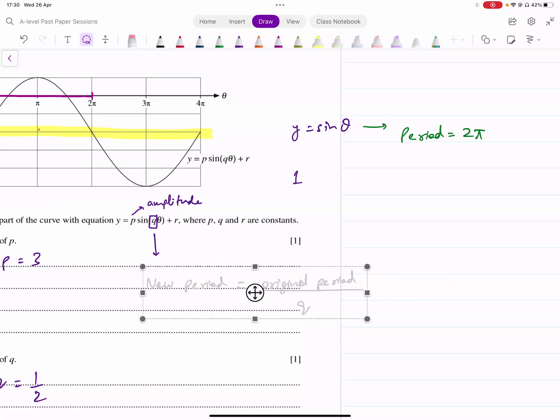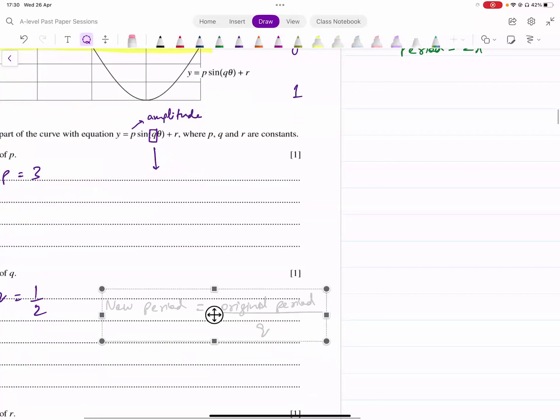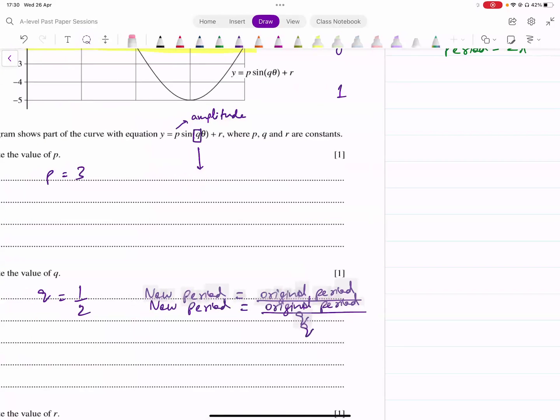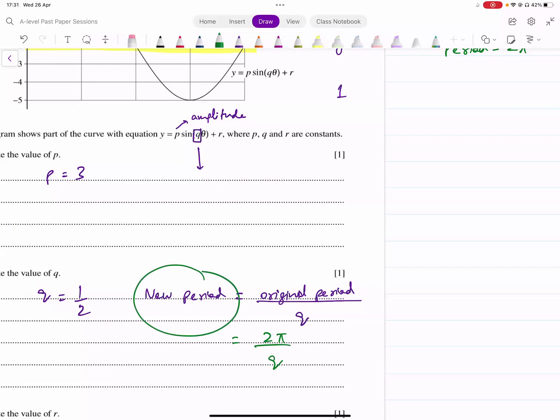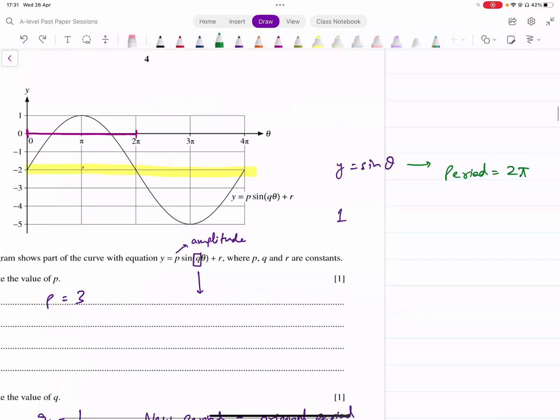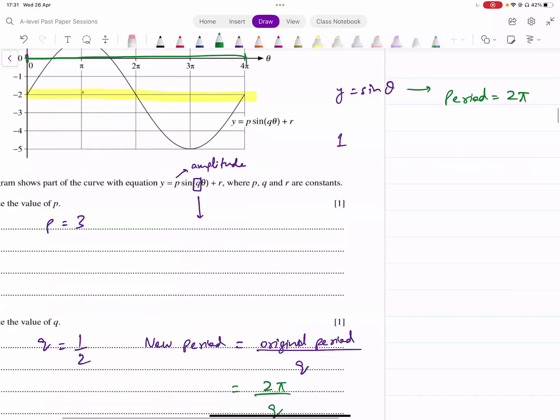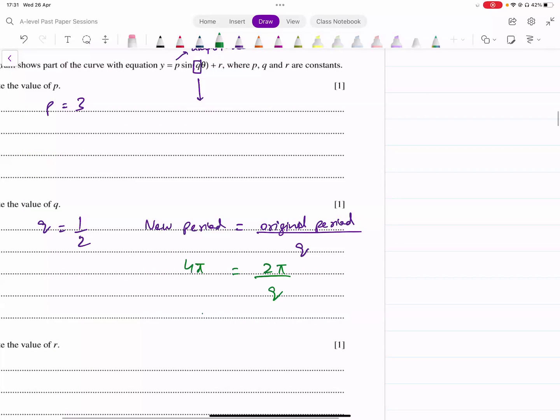अब original period आपका साइन के ग्राफ का क्या होता है, साइन के ग्राफ का original period रेडियंस का कितना होता है, it's 2 pi. ओके, नीचे आपके पास क्यों है न्यू पीरियड, यानी ये जो ग्राफ आपके पास यहाँ पर आ रहा है इसका पीरियड कितना है, ये कितनी देर में अपना साइकिल कंप्लीट कर रहा है। ये ग्राफ अपना साइकिल कंप्लीट कर रहा है 0 से लेकर 4 पाई तक, तो इसका पीरियड कितना होगा, 4 पाई होगा। तो यहाँ पे 4 पाई लगते हैं, और यहाँ से भी आपके पास Q की वैल्यू उस तरह से आ सकती है, दैट्स 1/2। ओके, सो यू कैन डू इट आइदर वे। आप पीरियड का भी सोच सकते हो, आप फ्रीक्वेंसी का भी सोच सकते हो। पीरियड यहाँ पे क्योंकि डबल हो गया है तो वहां पे 1/2 आना चाहिए।